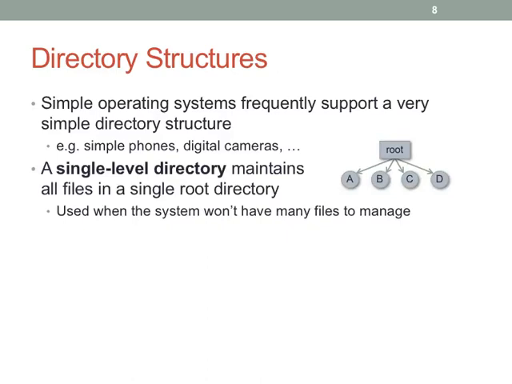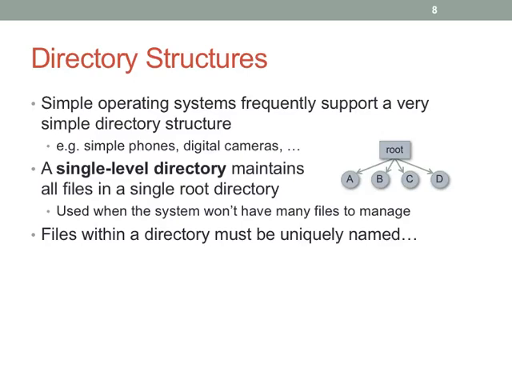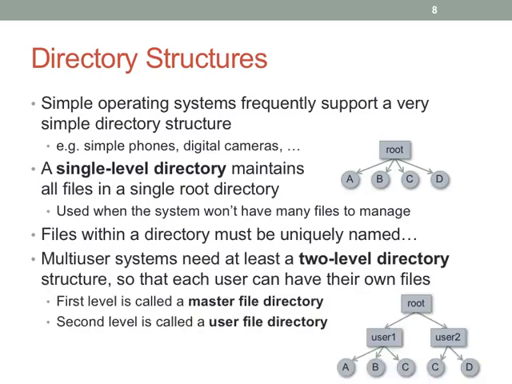So we call these single-level directories. So you only have a single directory structure, and then everything else in the file system is a file. Obviously, that presents challenges with naming, and a lot of times when you have multi-user systems, you'll have multiple directory levels. Like I say, you need at least two because you'd like to give each user a place to keep their own files. But then you still need a root to control everything else or to hold everything else. Okay. So a lot of times these things are given names like master file directory for the root and then user file directories for lower levels. Okay. And then users can have as many levels as they want. Okay. So obviously these are pretty simple.